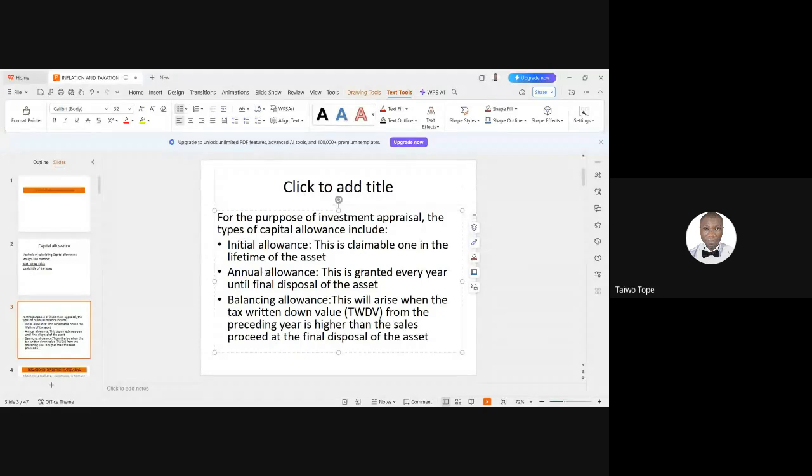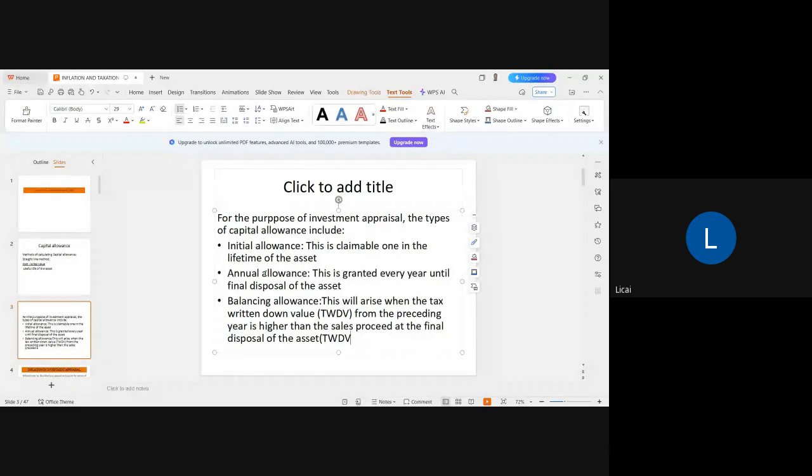So where we have it in this form, tax written down value. Then that initial allowance, you wrote this is claimable once. This is claimable once. So the tax written down value, where the tax written down value is greater than the